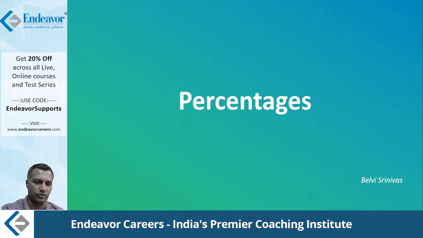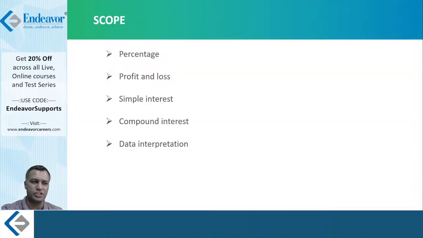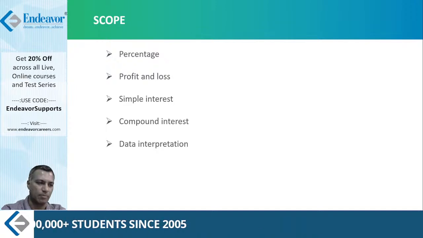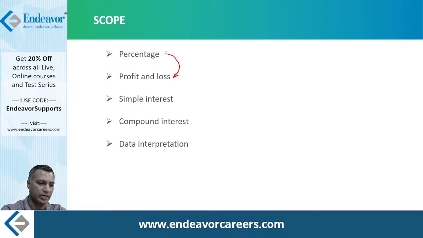What is the scope of this particular chapter? It is not just limited to percentages, which means not that direct applications or direct questions come from percentages, but yes, you do have prominence with respect to profit and loss. So there is a complete connection. If you are good with percentages, you might feel profit and loss is pretty manageable, right? And then you have the references to simple interest.